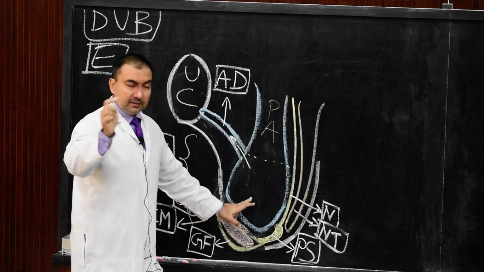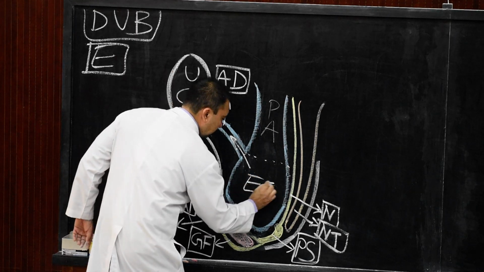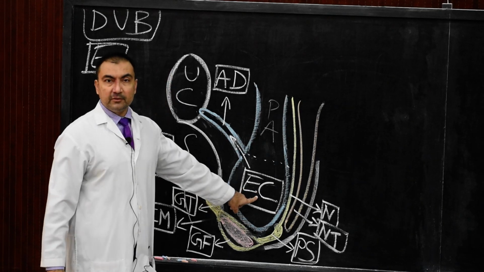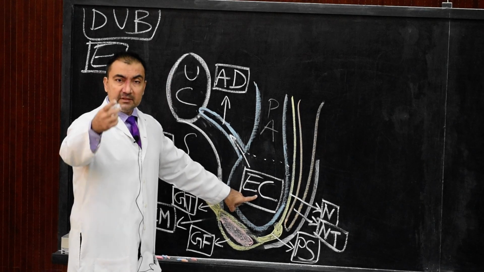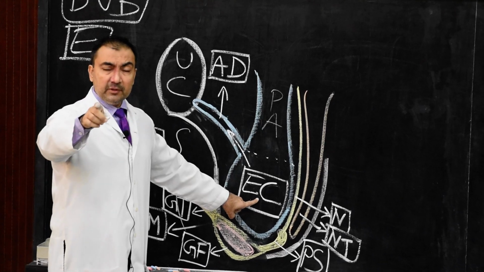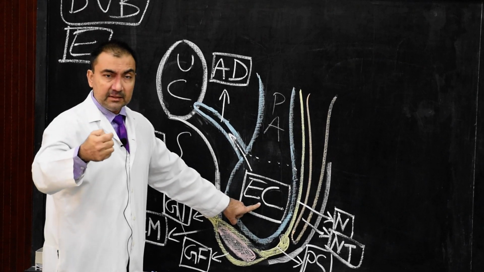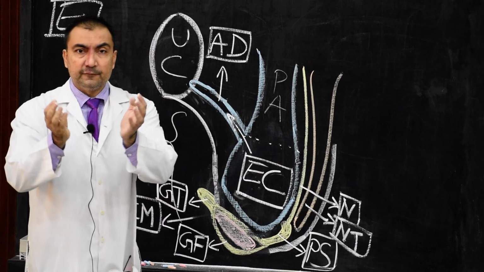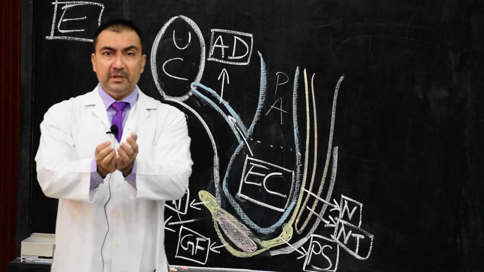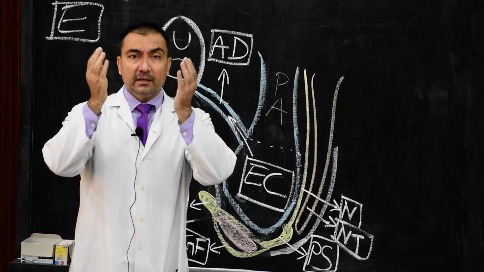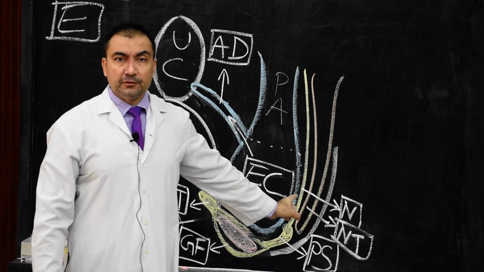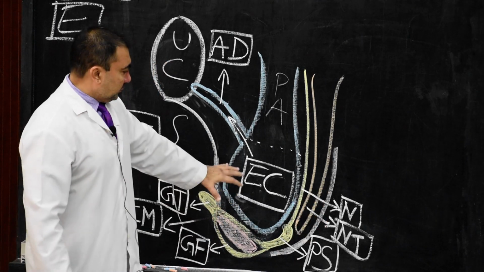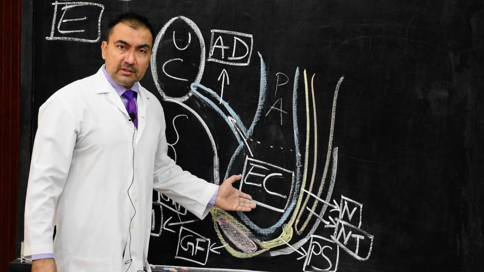This post-allantoic part will then enlarge and form an enlarged sac, and this enlarged sac will be known as endodermal cloaca. So what is the definition of cloaca? The endodermal cloaca, or the cloaca, is nothing but the post-allantoic part of the hindgut. It will enlarge and form a sac-like structure which will be known as the endodermal cloaca. This is the definition of cloaca and how cloaca develops. Very simple. So the post-allantoic part of the hindgut is called endodermal cloaca.